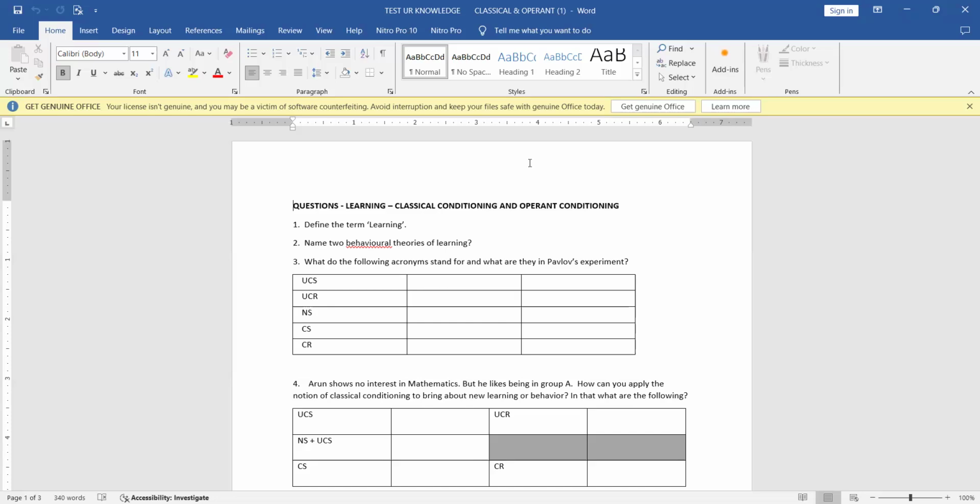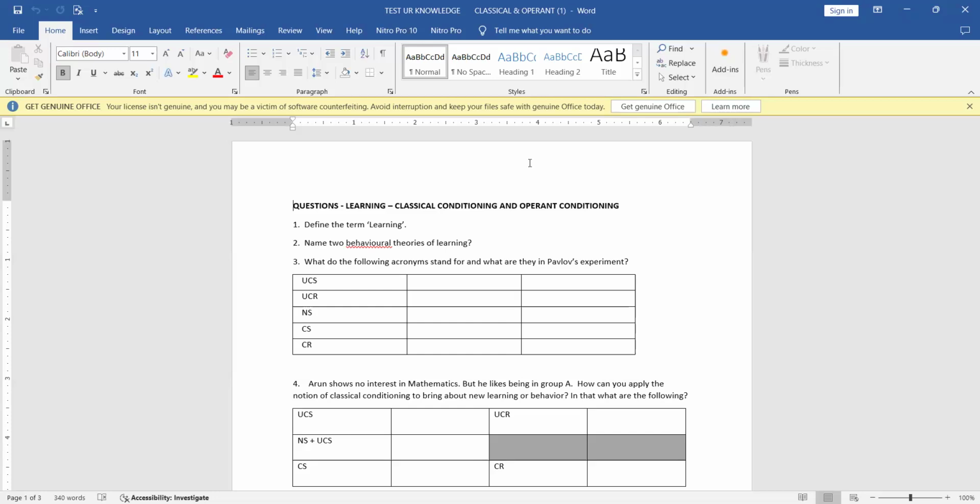Very good. They are the 2 behavioral learning theories. The other 2 are not behavioral learning theories. They're socio-cultural learning theories. Learning happens to one's culture and society. Then, number 3 in the question sheet, what do the following acronyms stand for and what